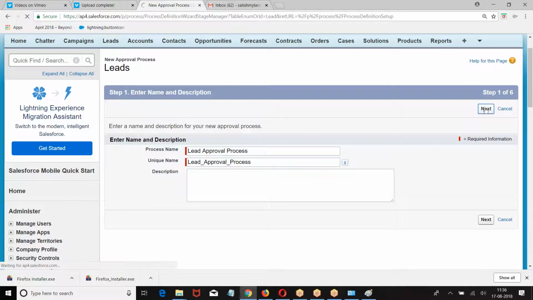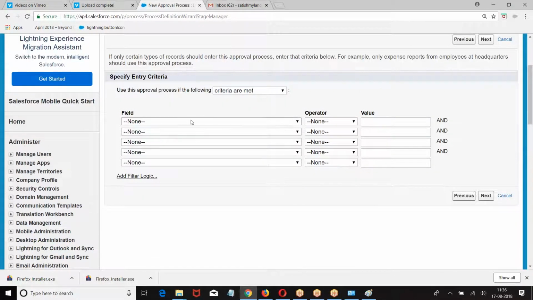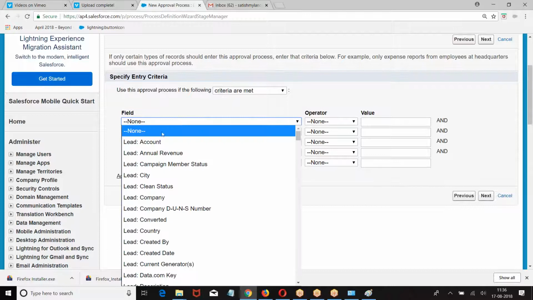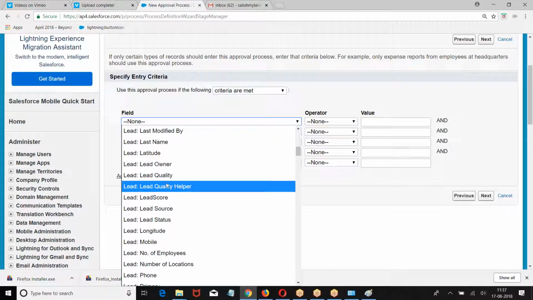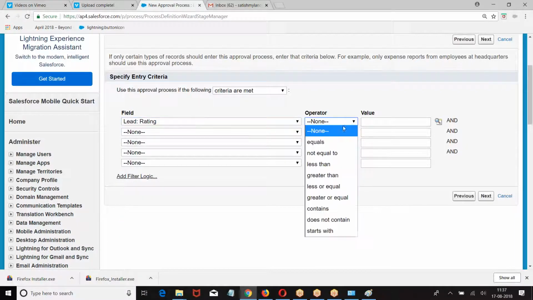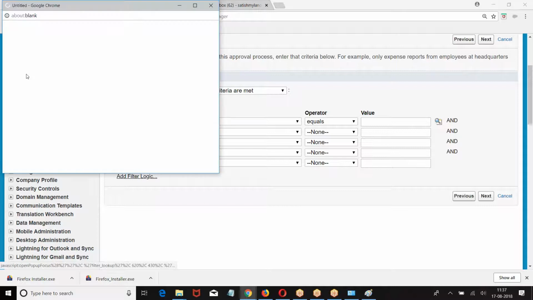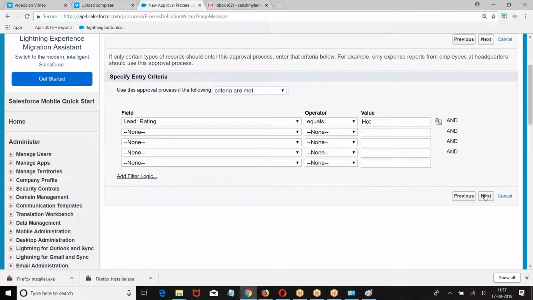Standard setup wizard criteria. Now we had if lead rating equals to hot. Only when the rating equals hot, you can submit the record for approval.